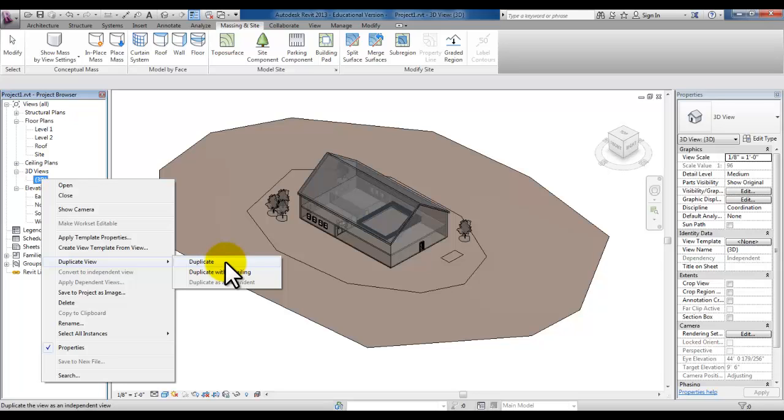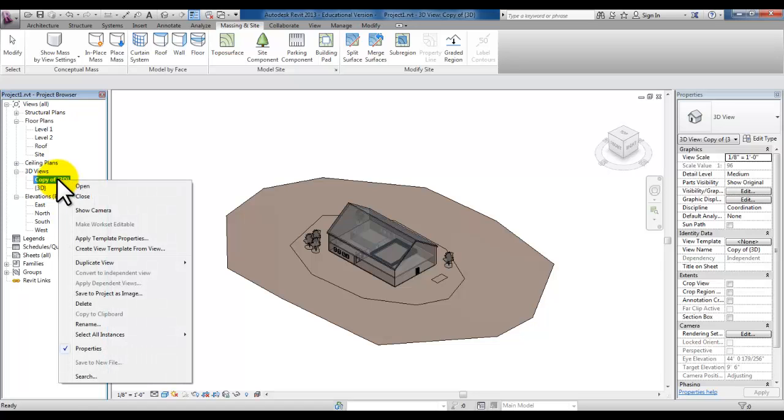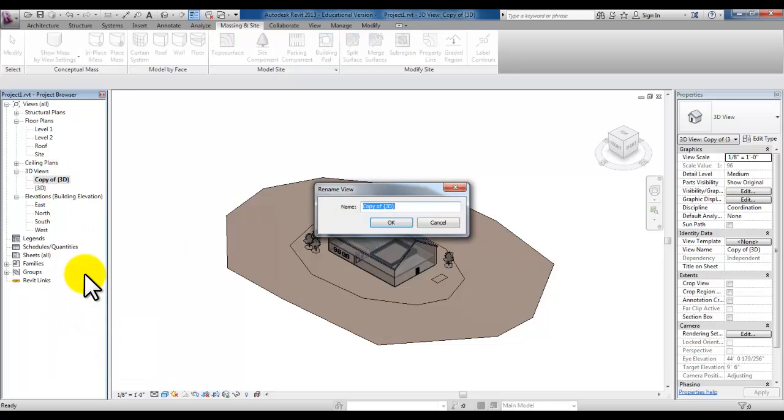So if this was a floor plan that had a lot of annotation, text, dimensions, you'd want to duplicate with the detailing. So here we'll pick duplicate view, duplicate, highlight copy of 3D, right click and pick rename. We're going to rename this one as 3D site plan,